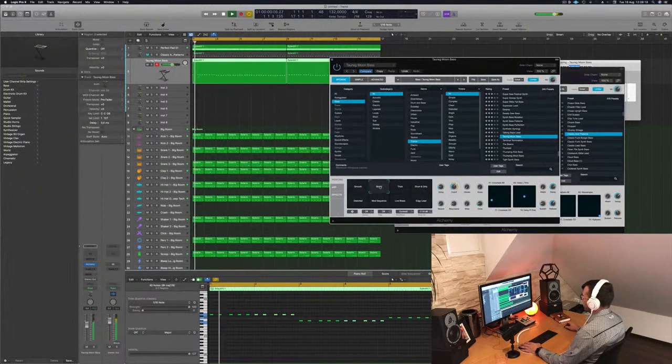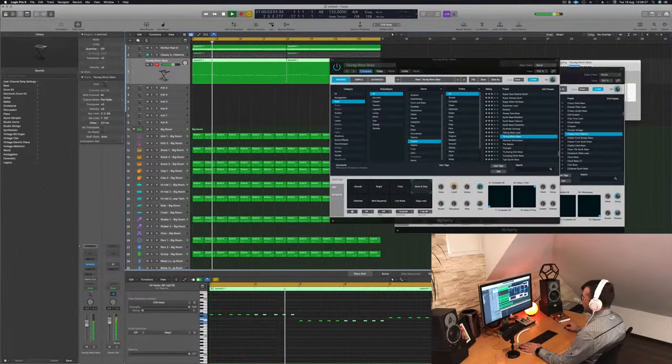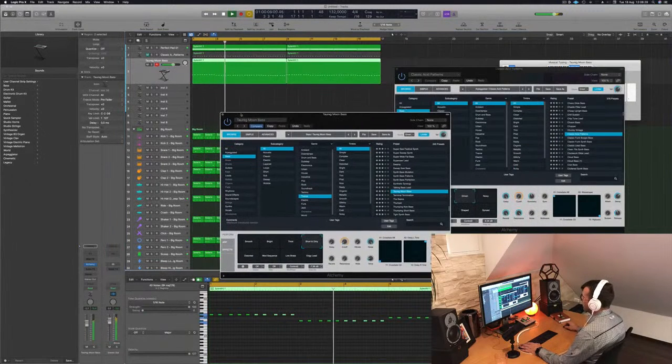To pass beside a nice move like this. Ooh, yeah. I think if I layer this with the 303,